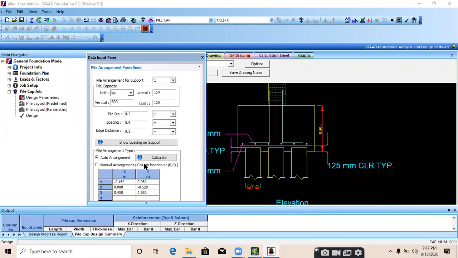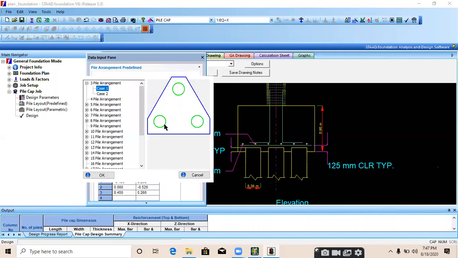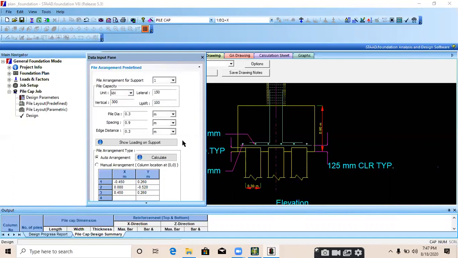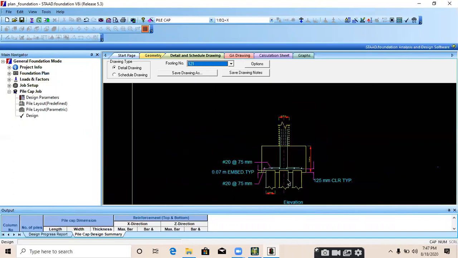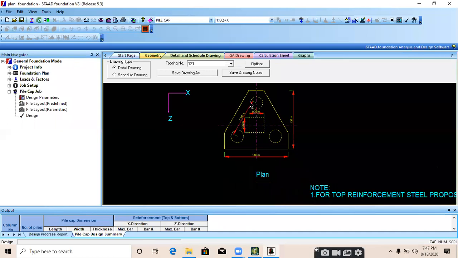It depends on the capacity of the pile. Yes, sir. Got it. It depends on the capacity of my one pile. If my one pile can take 300 kilonewton vertical load, then we must provide 3 piles minimum. Right? So it's the result for one single foundation. We need to provide 3 piles in a group in one single foundation.